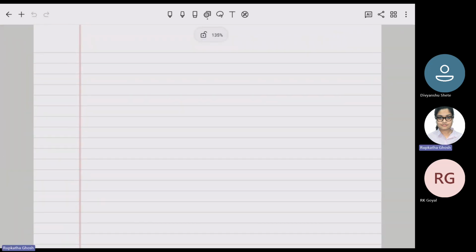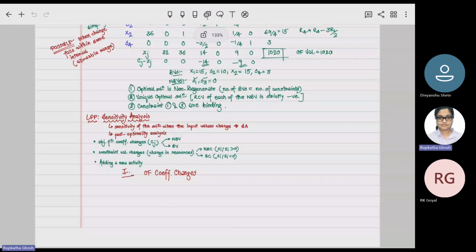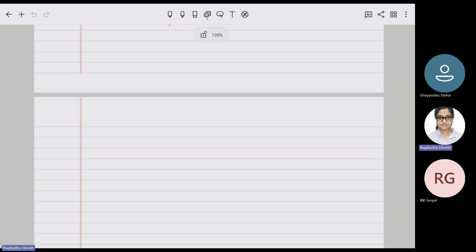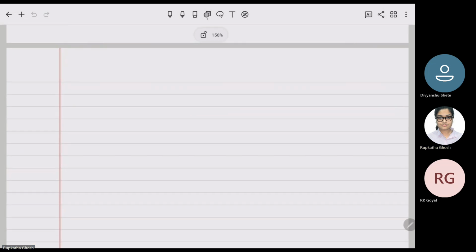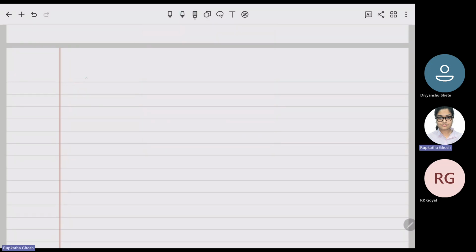So let's say what I want to see is what changes can be brought into the value of x1. Currently your LP is max 32x1 plus 36x2, subject to x1 less than or equal to 15, x2 less than or equal to 25, 2x1 plus 4x2